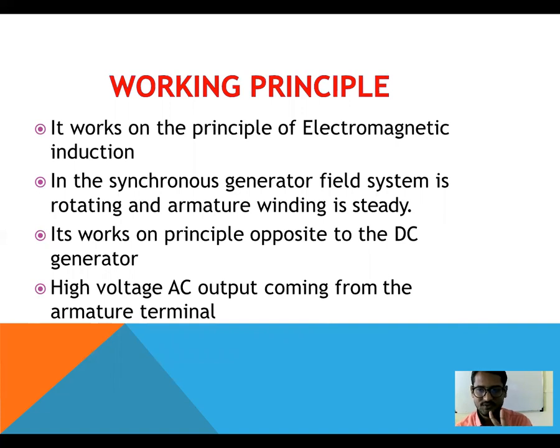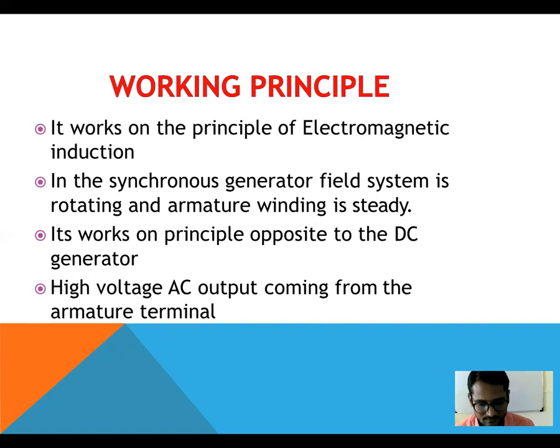Synchronous machines are of two types: first is the generator and second is the motor. The working principle of a generator is that it converts mechanical energy into electrical energy. When the rotor is rotated by a prime mover, it produces a sinusoidal flux in the air gap, which gets linked with the armature winding and induces a sinusoidal EMF in it. So the frequency f is equal to P times Ns upon 120. Here P is the number of poles of the stator, and Ns is the synchronous speed in RPM.